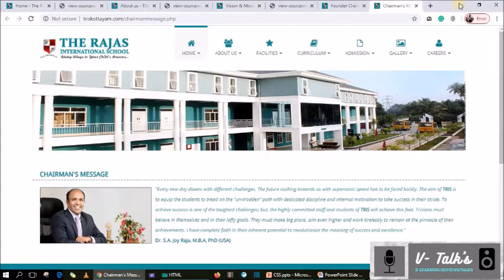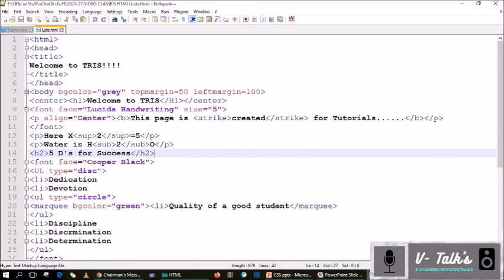And you know how to give the font style, we already studied in normal HTML how to give a font style and everything. You can see the font tag we will use, or the p tag we will use, for giving a special font or face to that particular page. Okay, so if you use a font tag in one page, it is applicable in only that particular page. It is not applicable in another page.